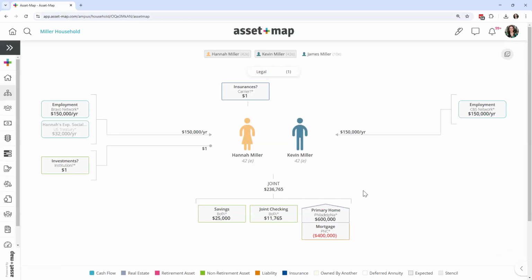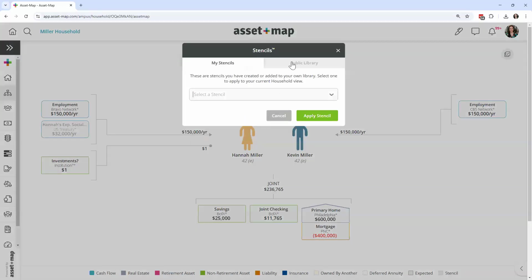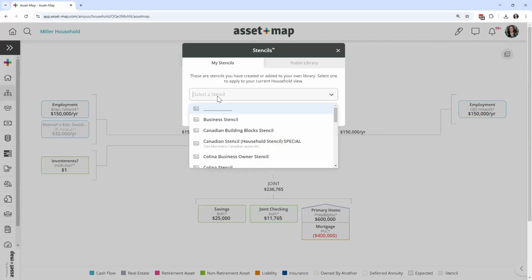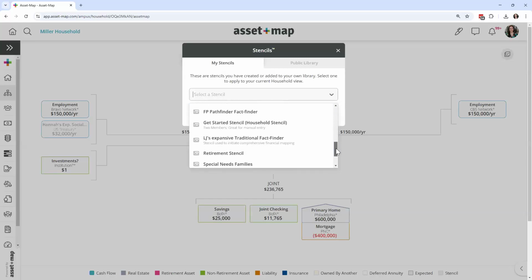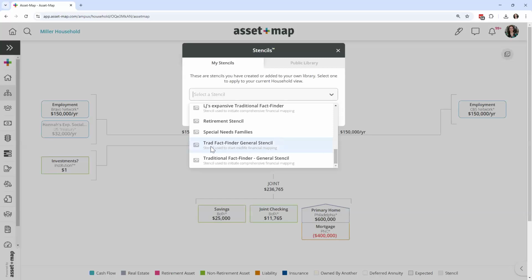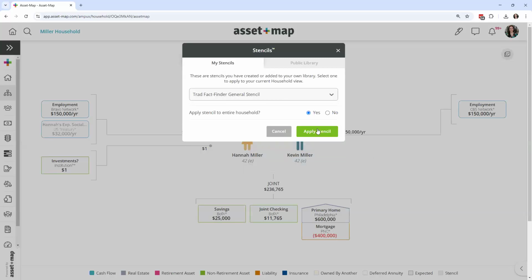Now I want to overlay that new stencil that I just made. How do I do that? You right click your mouse, you come to stencils, you click apply. You will not go to the public library because now you created your own custom stencil. It'll be in the My Stencils drop-down list. Again, you won't have as many as you see on mine because I created a lot. But there's the one I created. It says Traditional Fact Finder General Stencil. I can click on this here and I can click